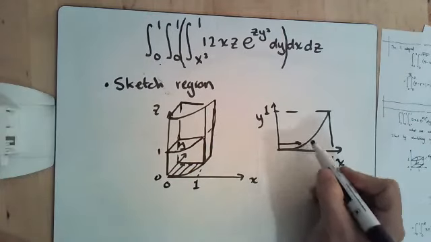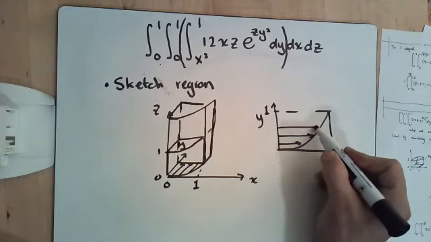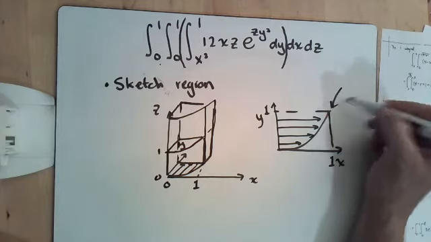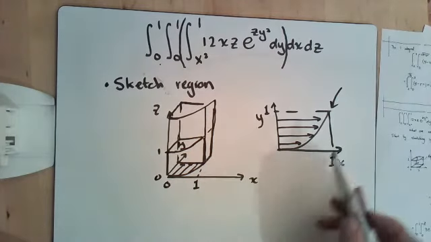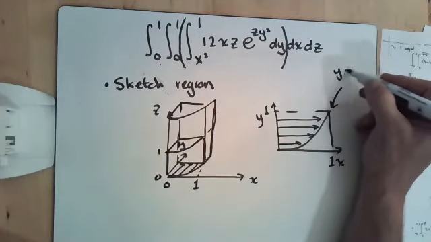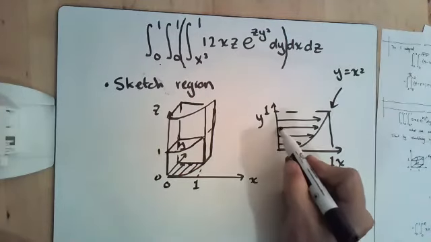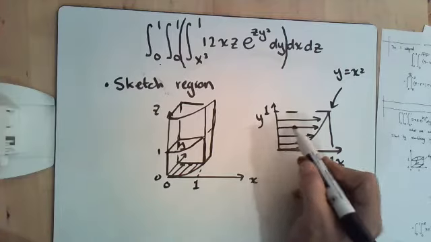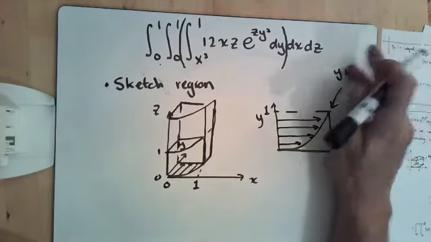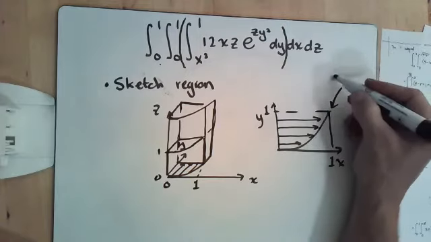Now what we're going to do is think about going this way and see if that's going to help us at all. It's the function y is equal to x squared, but we're coming out here at a fixed y, so x is going to end at the square root of y. So this is going to be x is equal to root y